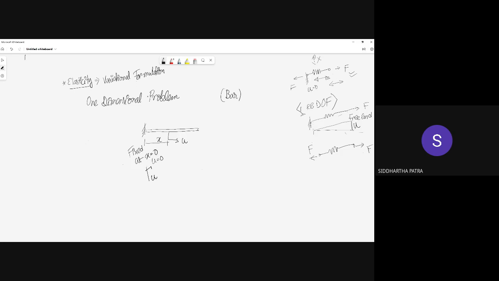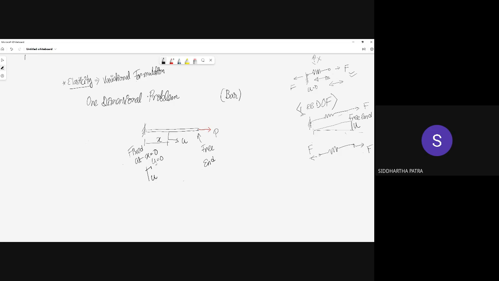And you need to prevent those rigid body degrees of freedom when you are trying to solve problems in equilibrium, in statics, or in finite element method, whatever you may want to call it. So that's why we need a gamma u where we must be holding the bar. The other end is the so-called free end, and you have by now seen that at the free end we are applying some sort of force P.